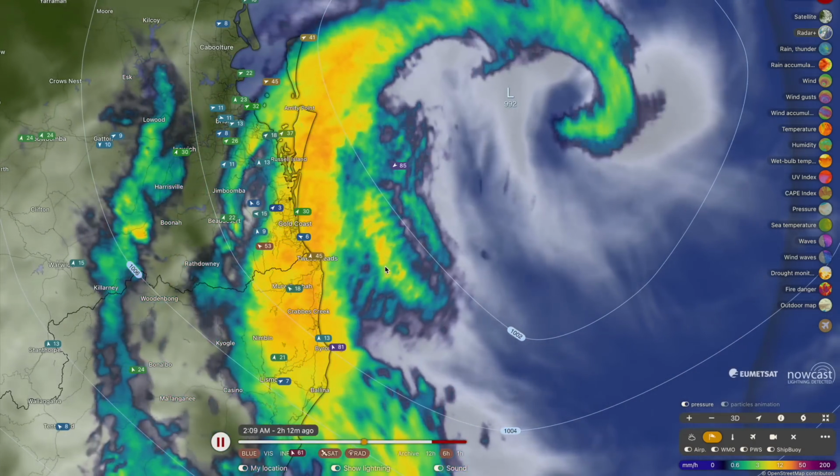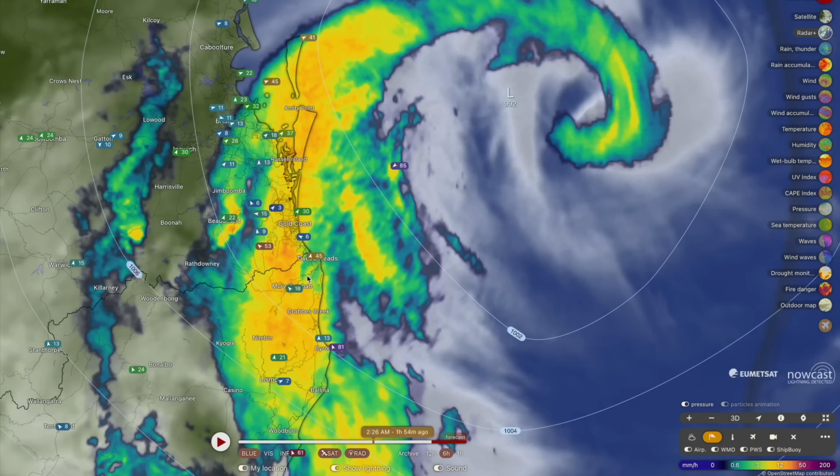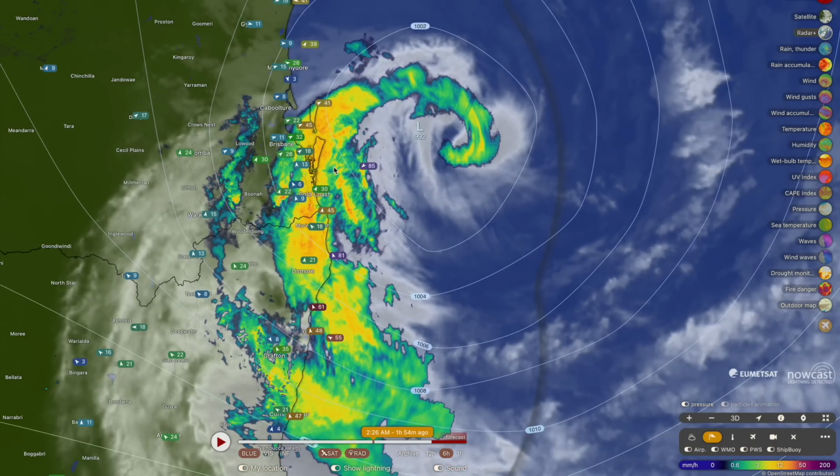It is looking really gnarly as well. You can see the massive bands in this system here, especially the one that came through a couple of hours ago through the Gold Coast, which is slow moving and housing some intense rainfall, unlike pretty much anything ever seen before in this part of Queensland and New South Wales. Normally when rainfall comes through from tropical weather events, it is slower moving, and it's also not coupling with 100-kilometre-an-hour wind gusts, so the rainfall down there has been unlike anything that they've seen before in these rain bands here,